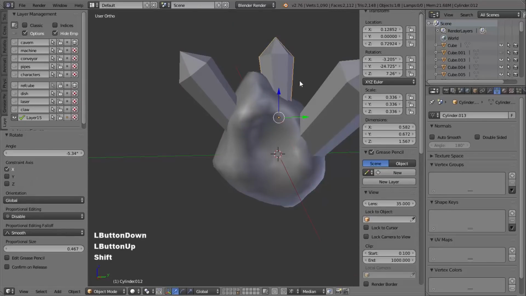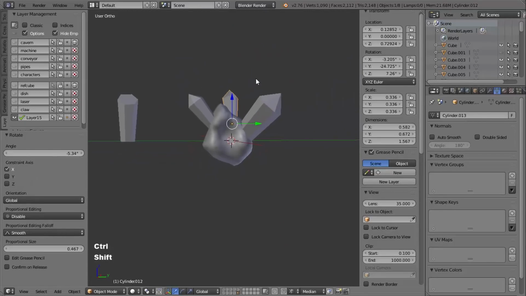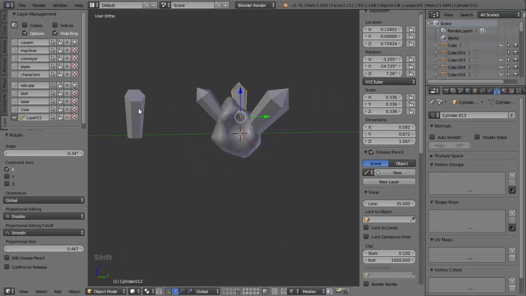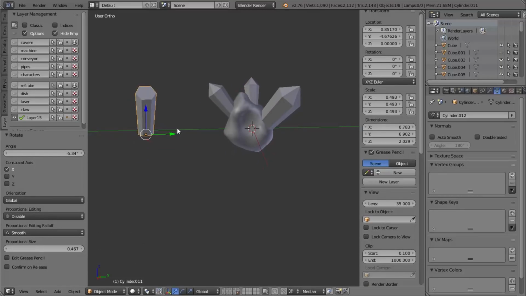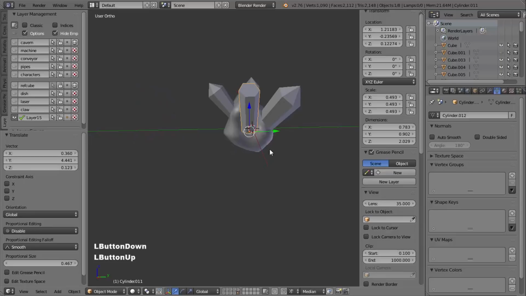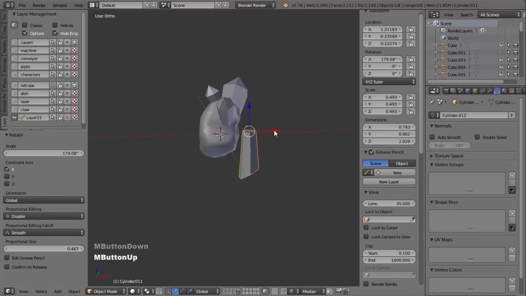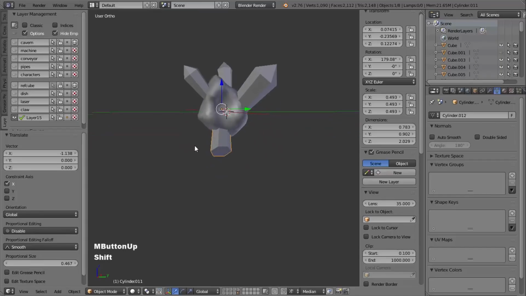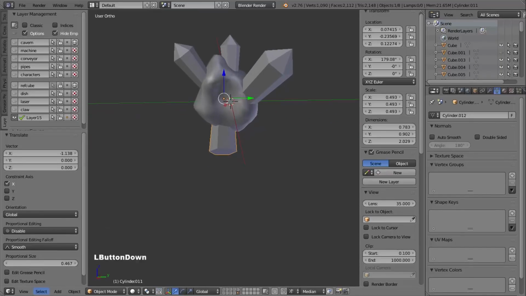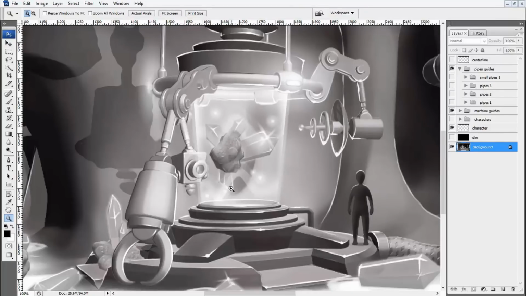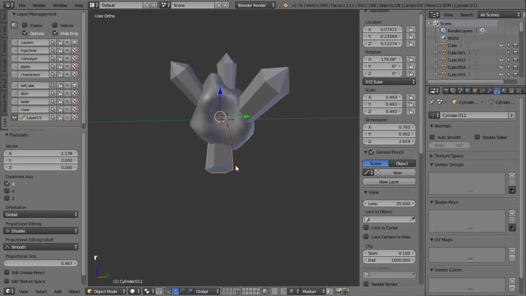Bit too random on that one, I think. I think that's okay. So next I'm going to choose this other crystal and move it into place, and I want to rotate this one so it's facing downwards, and then embed that one in the rock as well. And looking at the concept, the angle on this is on the left there, so I'm going to rotate it on the z-axis